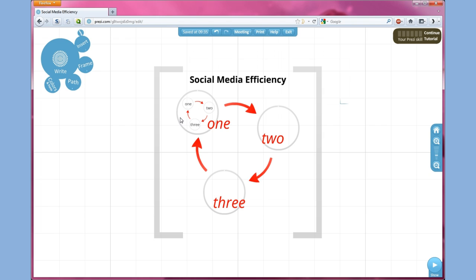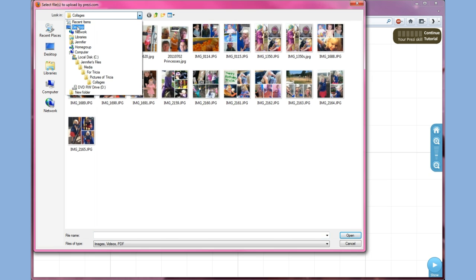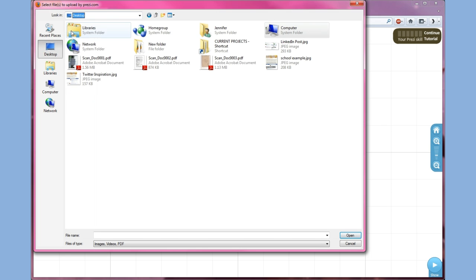Okay, so now what I did is I created some examples for social media efficiency already, and I'm going to import them as images. So now I'm going to go to Insert, left click, File. I could do Image as well, but in this case I'll just click File. And those are pictures of my daughter. I'll click Desktop, and I think for the first one, school example,